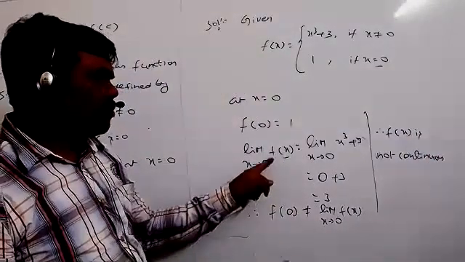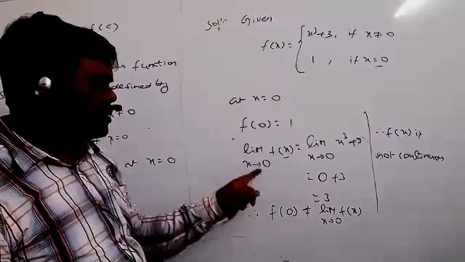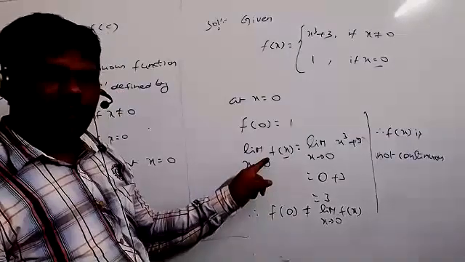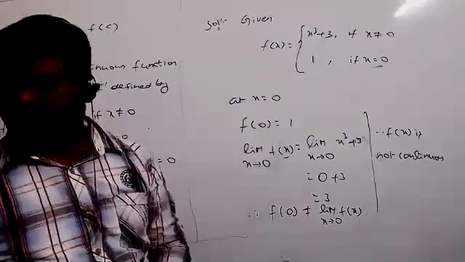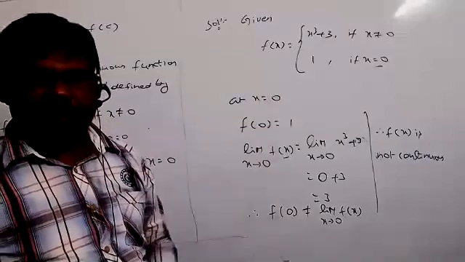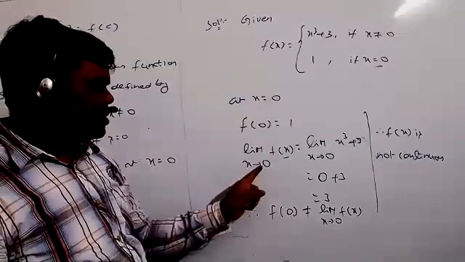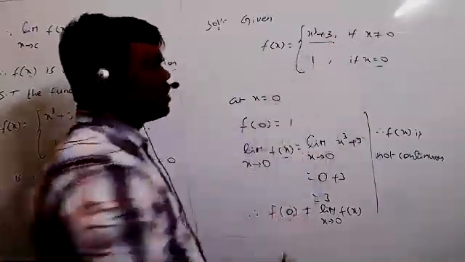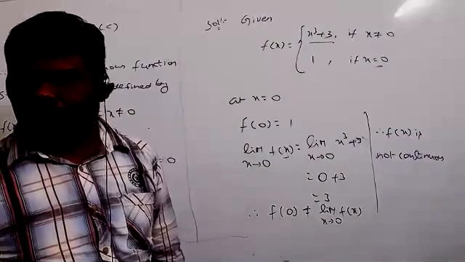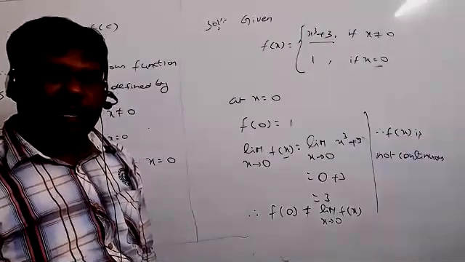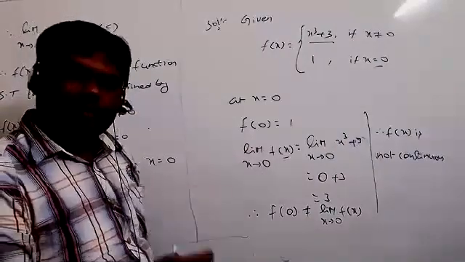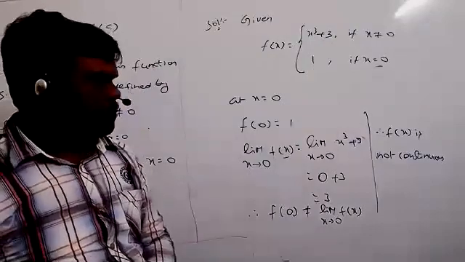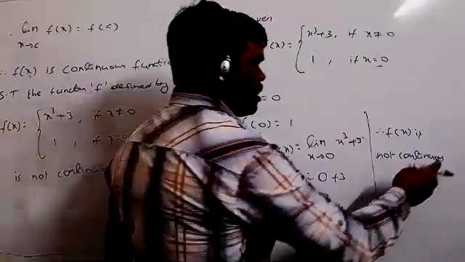Here, why I'm taking the function only one time, why I'm not taking LHL and RHL separately, only one reason is there. Suppose if we take 0 minus also, then what is the function we will get from the given f of x? If you take 0 minus also, this is the function only. The same way if we take RHL, right hand limit, 0 plus also clearly we will take the same function only. That is the reason I am taking the value only one time. So f of x is not continuous,